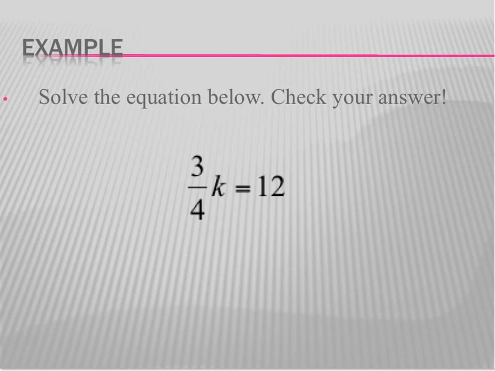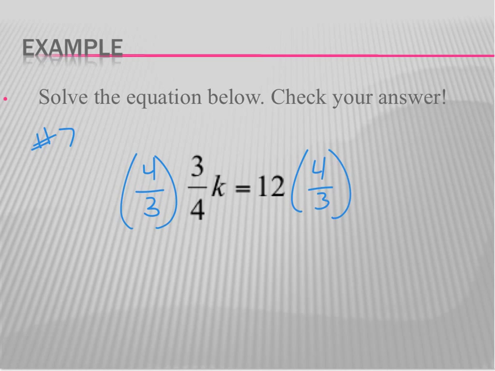Here we see a fraction. With this fraction, we're going to use the multiplicative inverse. Well, the inverse of 3/4 is its reciprocal. This is number 7 in your notes. The reciprocal of 3/4 is 4/3. What I do to one side, I must do to the other. Now, the thing about 4/3 is you can see some canceling. 4 divided by 4 is 1. 3 divided by 3 is 1. So as you